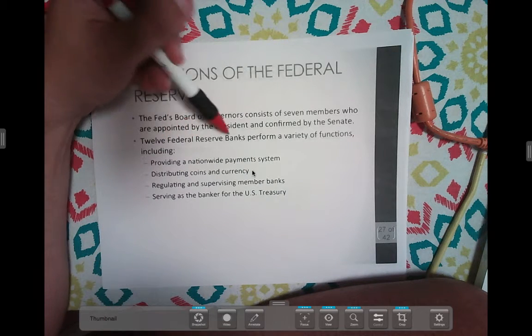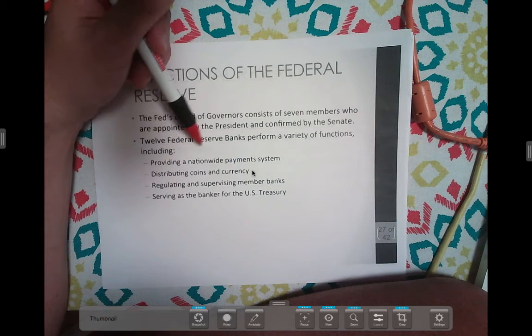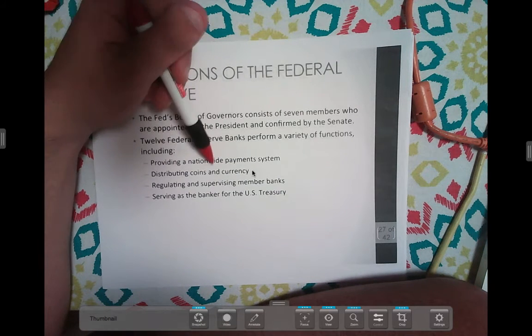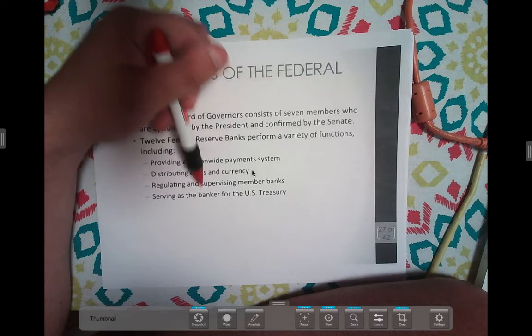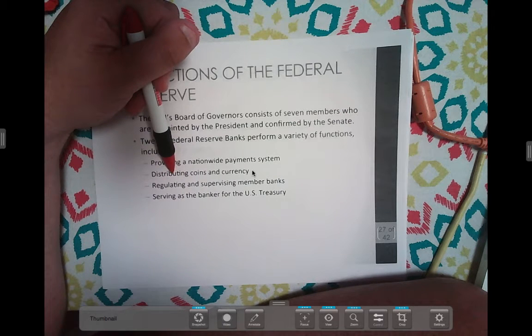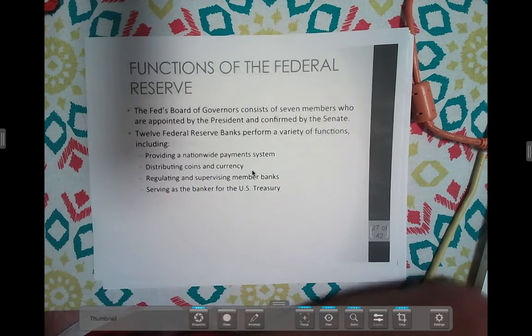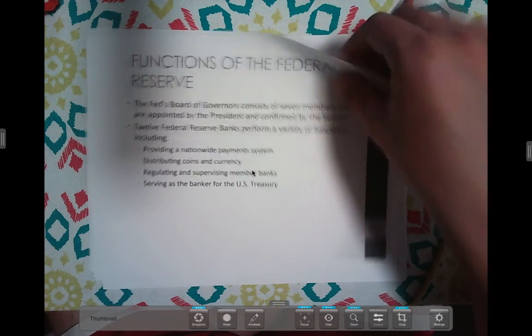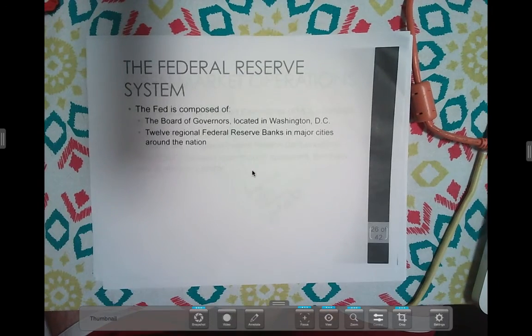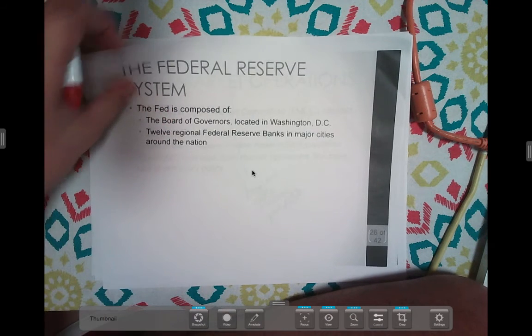What these 12 district banks do is they basically divide the country up into 12 areas, kind of like Hunger Games style. But what these district banks do then is they basically take care of the nuts and bolts that keep a currency system working in the United States. They distribute the currency, they get rid of bad currency, torn up currency, they make sure the checks are clearing, and they're the bank for the government as a whole. And again, there's our Board of Governors, there's our 12 banks.